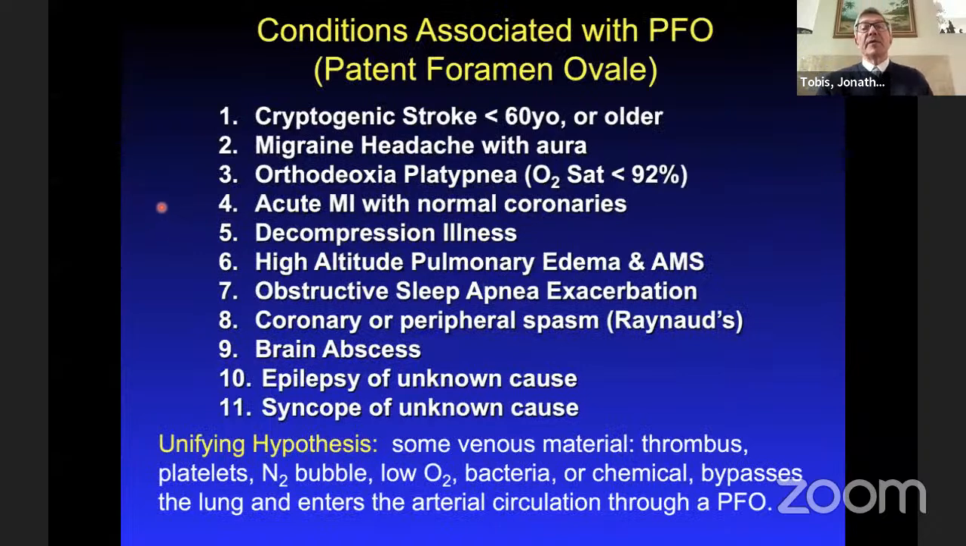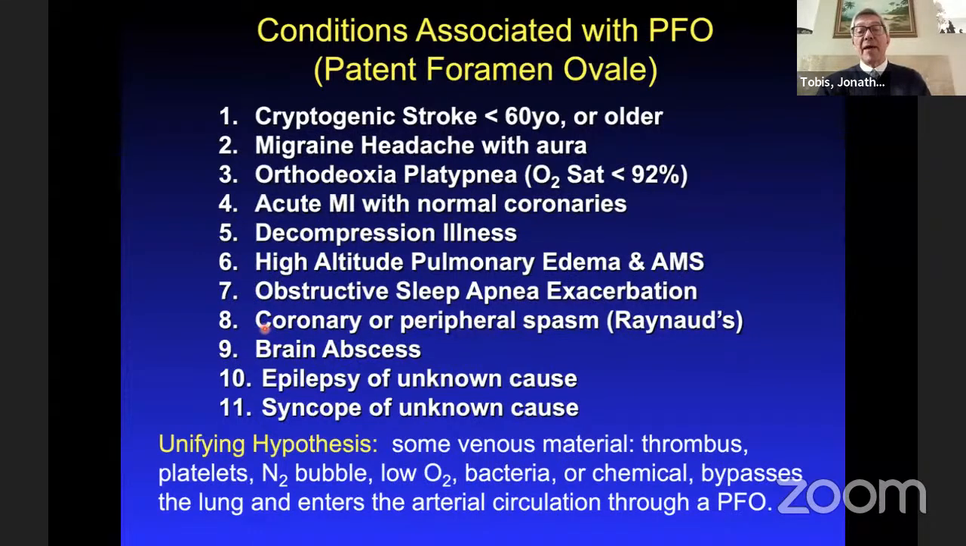The conditions that have been associated with patent foramen ovale just seem to keep growing. There's cryptogenic stroke, which we'll talk about, migraine headaches, orthodeoxia, platypnea, which we'll discuss briefly. You can have emboli not only to the brain, but to the heart, and have an acute MI with normal coronaries, decompression illness, high altitude pulmonary edema, and acute mountain sickness, obstructive sleep apnea,